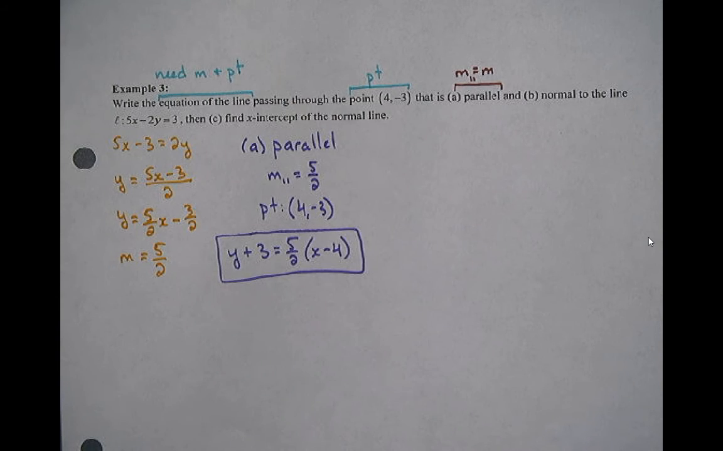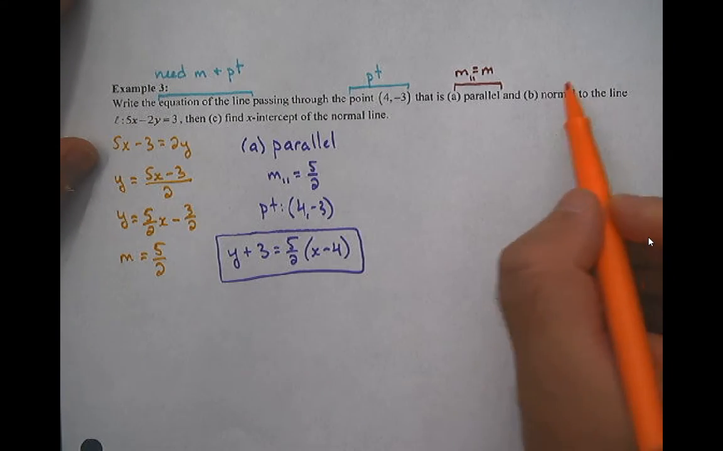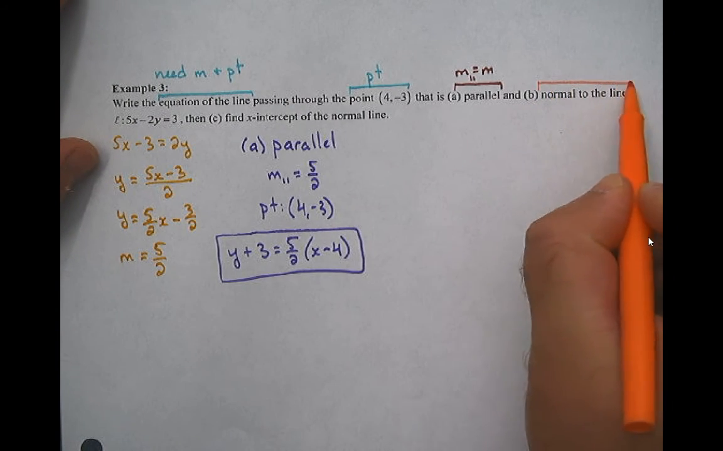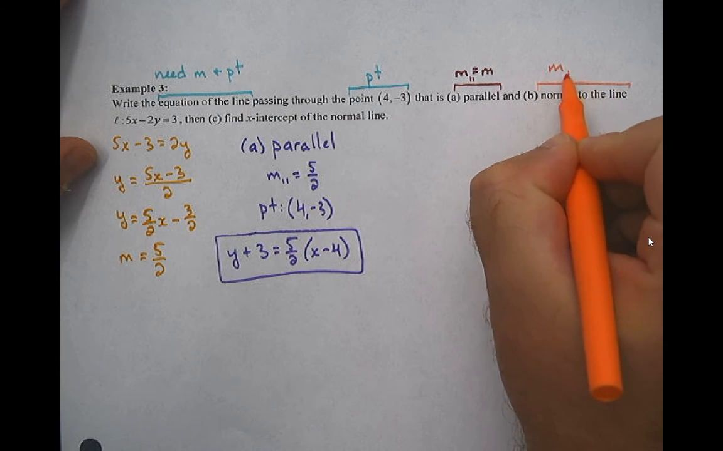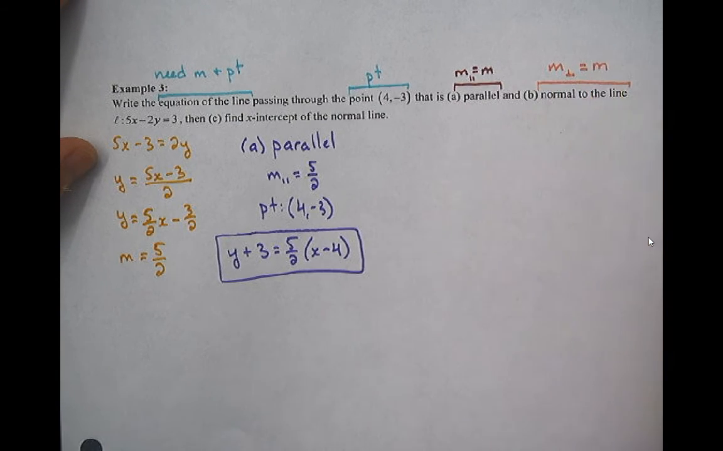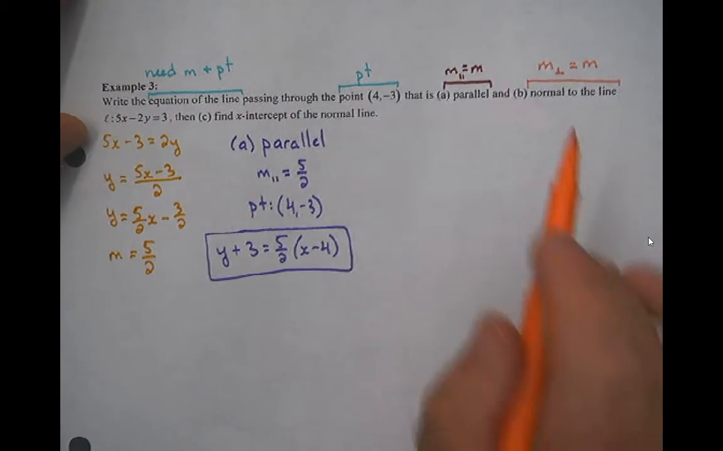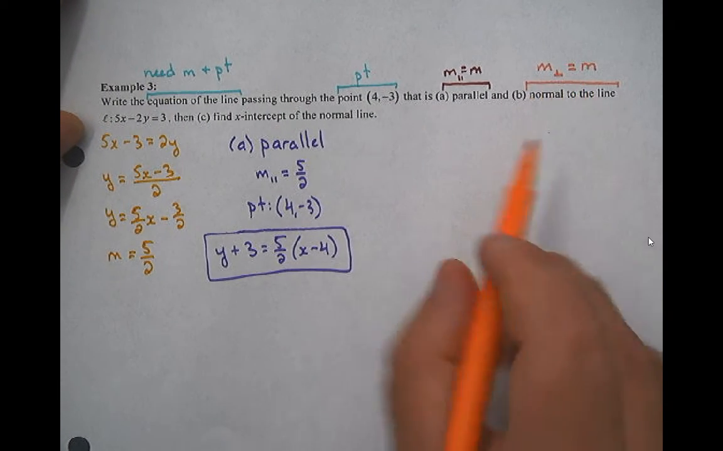All right, normal. What does it mean to be normal? Now, a normal to the line means that the slope of this is the slope. So I want to be perpendicular. So my slope is perpendicular. So now in part B,